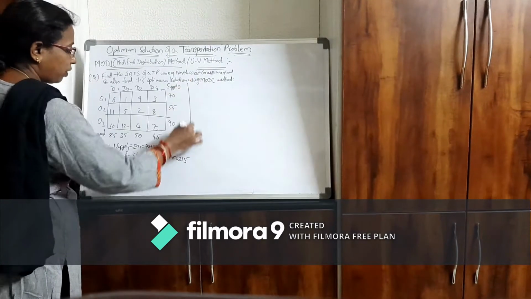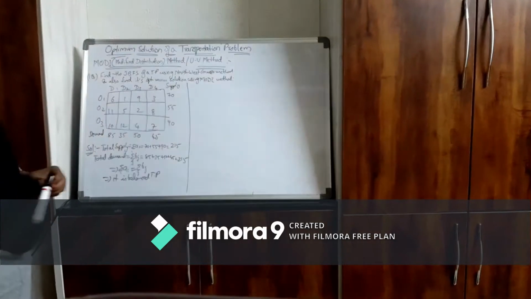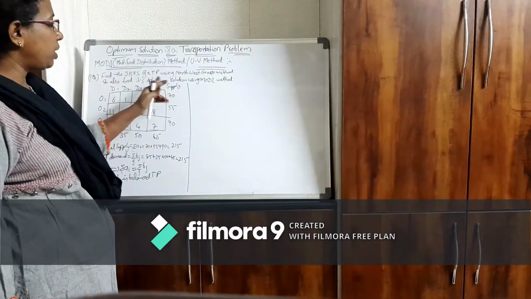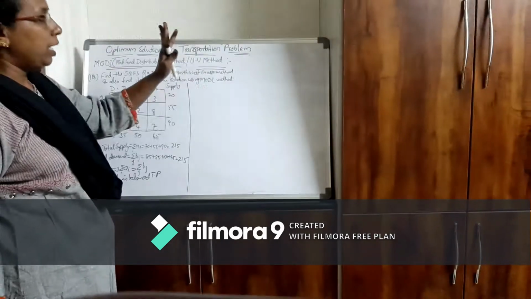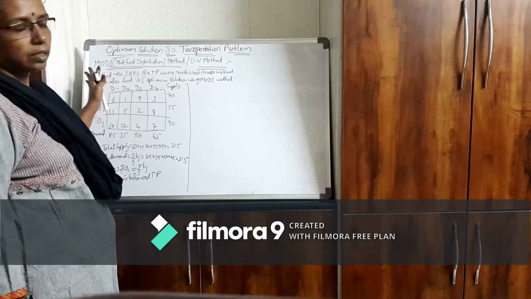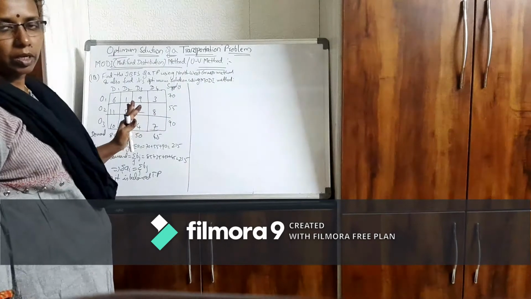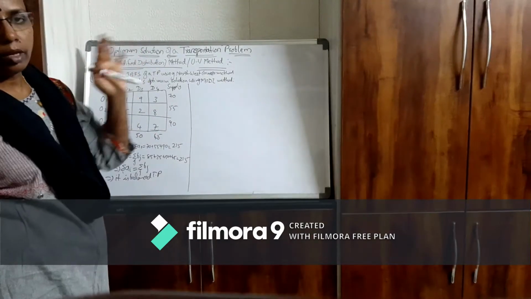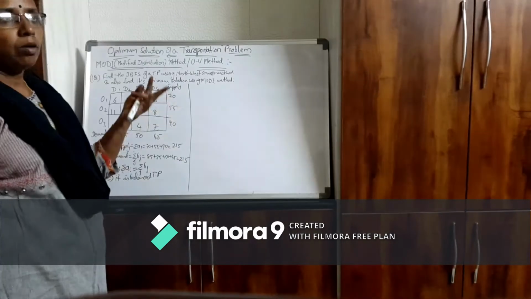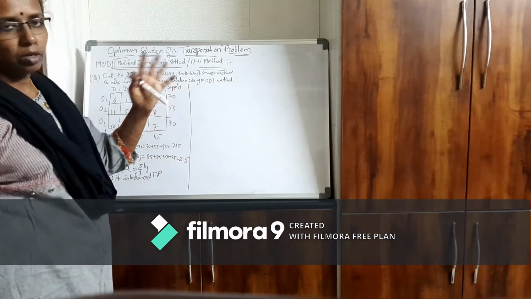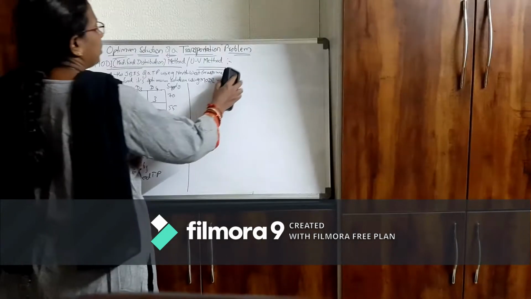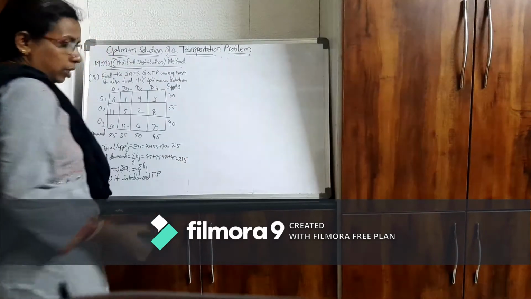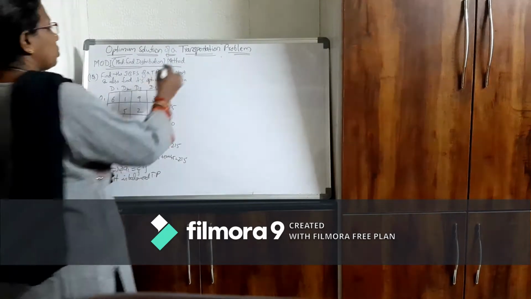So now first what you have to find? You have to find an initial basic feasible solution. It is mentioned as northwest corner method, so you have to find IBFS using northwest corner method only. In some problems, they will just ask you to find the optimum solution of the transportation problem using Modi method. In such cases, you can find IBFS by any of the methods: matrix minima, row minima, column minima, northwest corner or VAM. Any one of the methods you can use. Because in this problem it is mentioned as northwest corner, I am finding IBFS using northwest corner method.